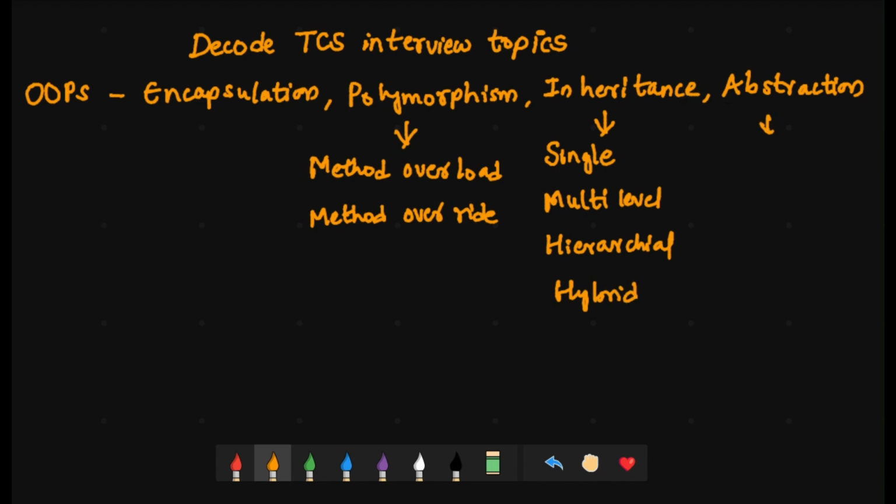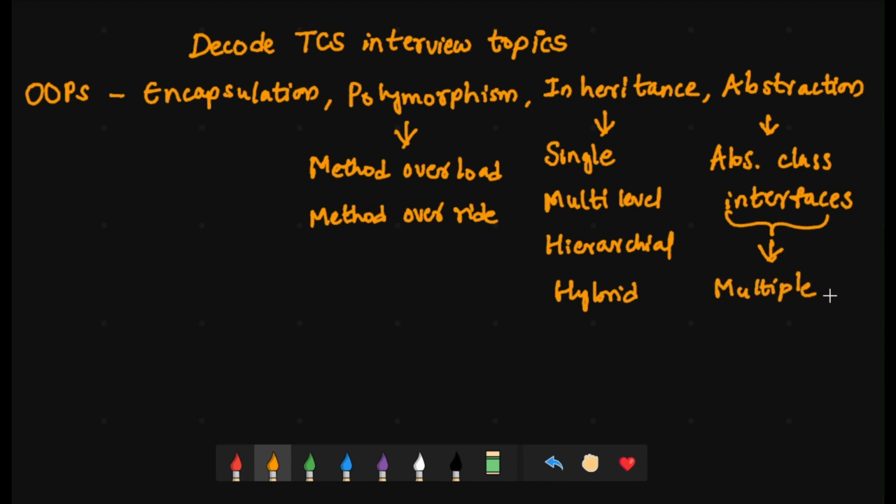And coming to the abstraction, what kind of questions you can expect here is abstract classes, interfaces, and at the same time interfaces have the property called multiple inheritance.